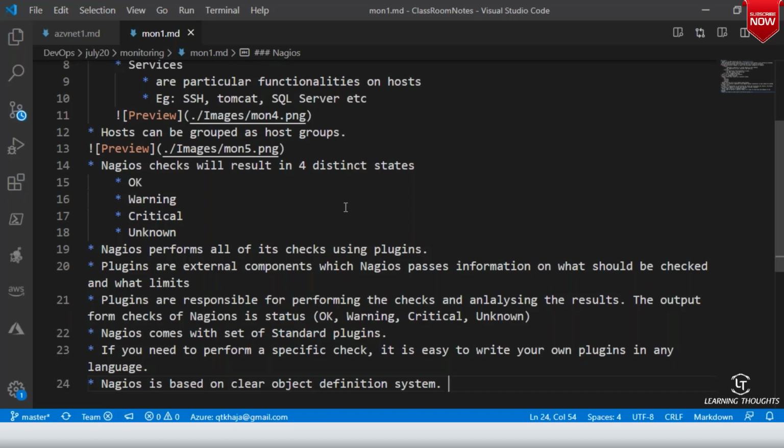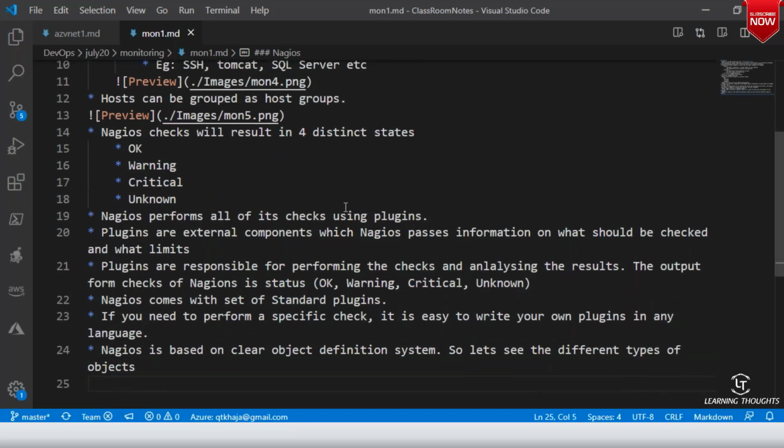To define this, we need to understand the different types of objects in Nagios. The first object in Nagios is something we call command.